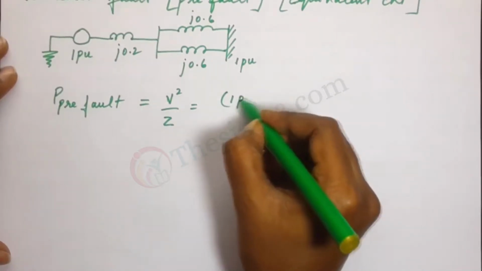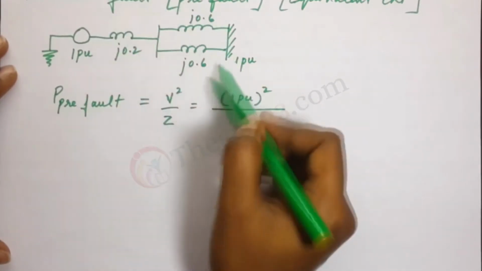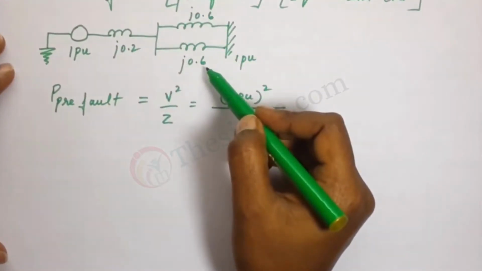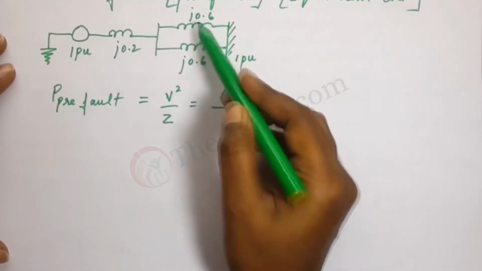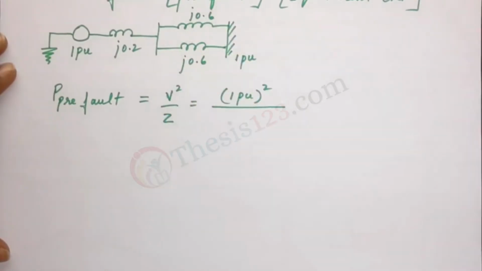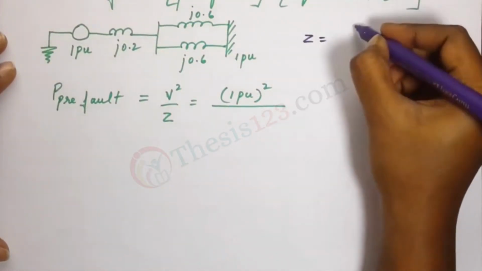We have 1 pu square divided by the resultant of all these three impedances that we have here. Now 0.6 and 0.6 are in parallel, and 0.2 is in series with this part. So here Z would be